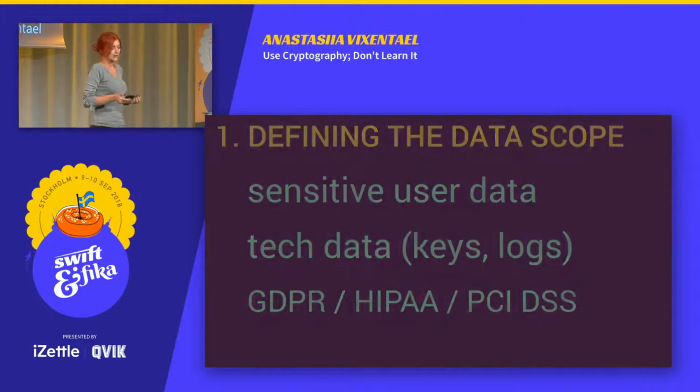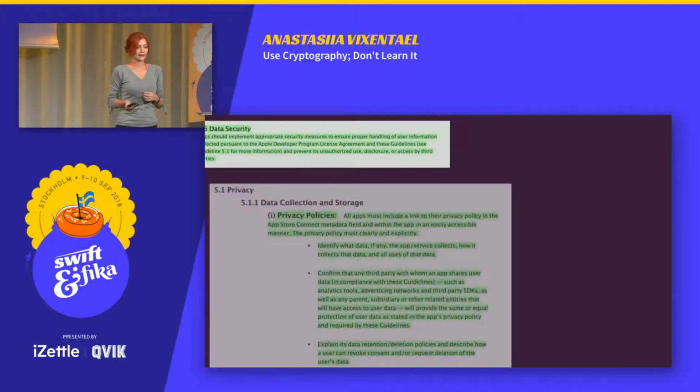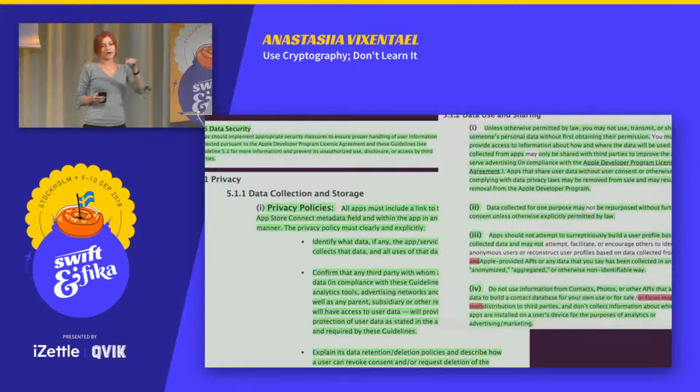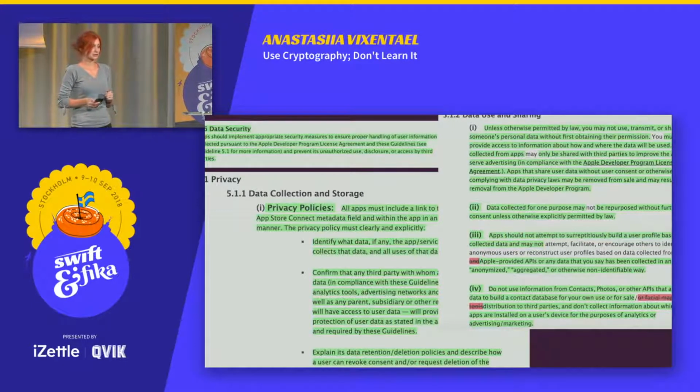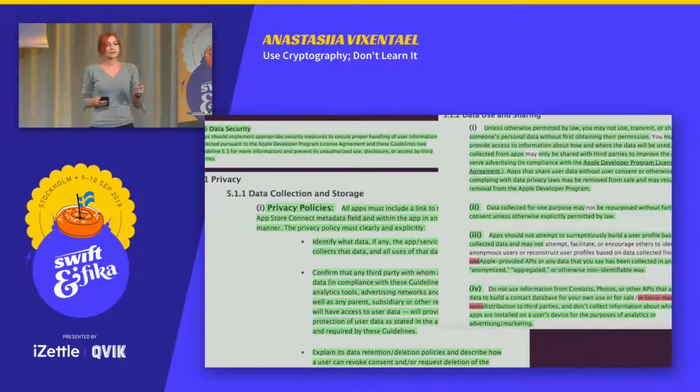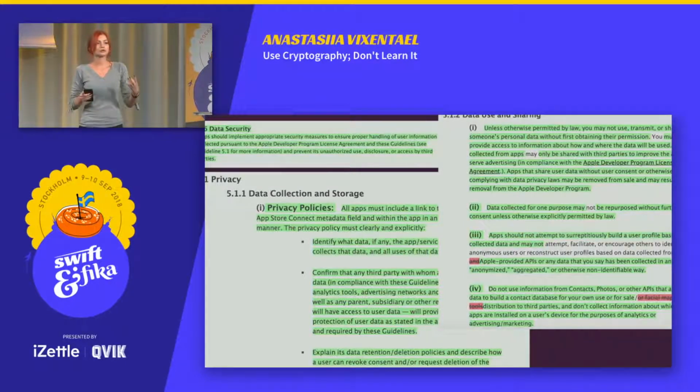You know that Apple has updated review guidelines, and now you must implement proper security features and protect user data. You must say and indicate what data you collect, how you store it, and to what other third parties you transfer the data. And by the way, since October, every application must have a public privacy policy available for everyone.